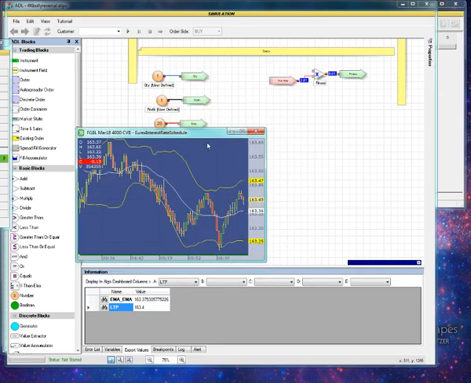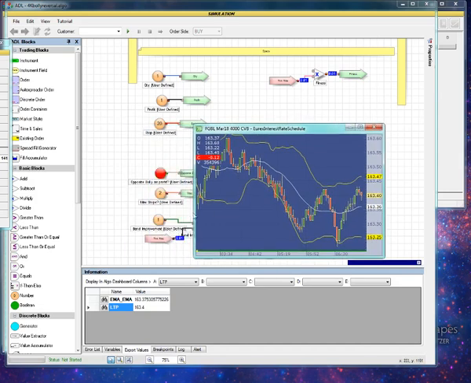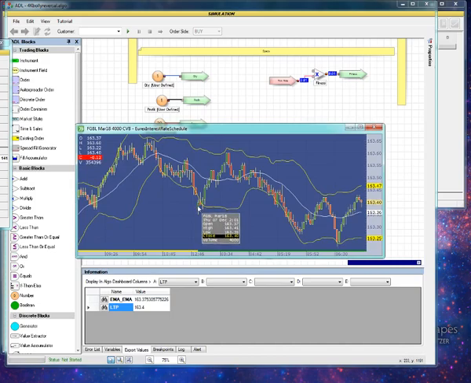Okay, what this algorithm would try and do is basically when it touches the Bollinger Band, it would buy it. Here, I mean it'd be long here. Actually, so this is today. So it would have